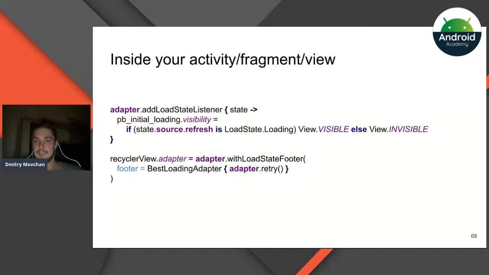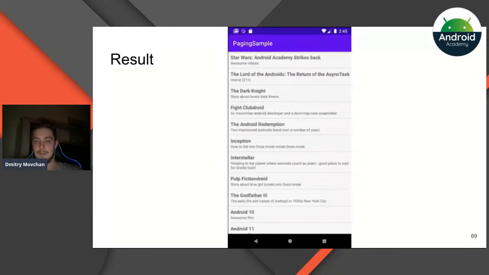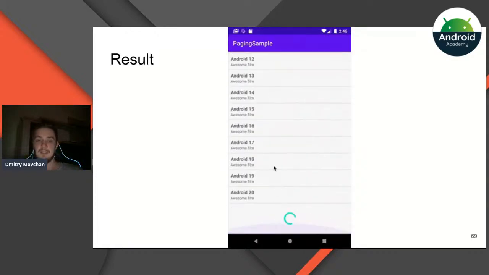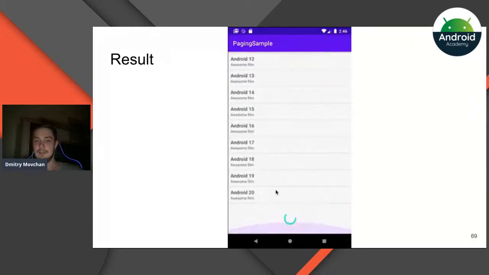So, what is the result of this? Right, after that, our application will look like that. We will have progress bars when we try to load something, and an error button will appear once we get some error here. So this GIF describes how it works. We are loading data, we are showing the progress bars, and right now we will see how our application starts. Yeah, we see the progress bar when our application starts and no data is loaded at first run. So that's all with loading and error states.